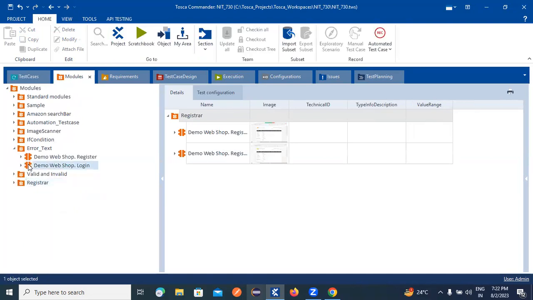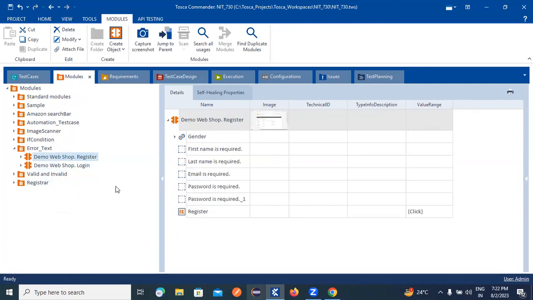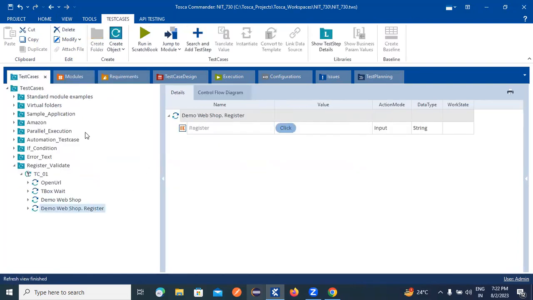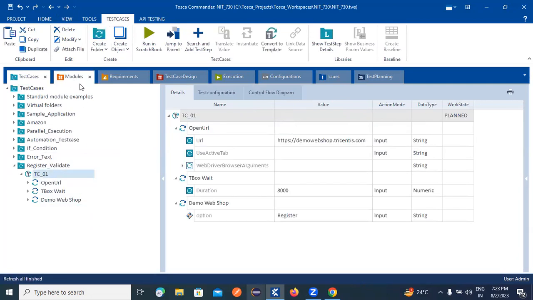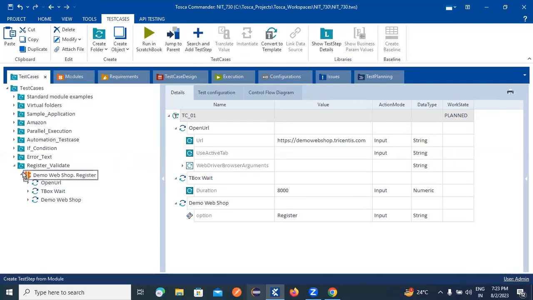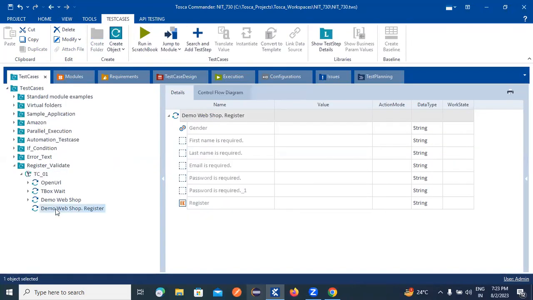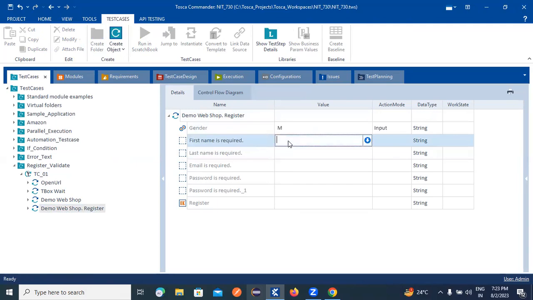See guys, yes, this information is required. Okay, register is not required here. I just need to close, and go to module and drag and drop here. And here what I need to validate, I need not select any. Okay, I want to select one. And here I need to choose